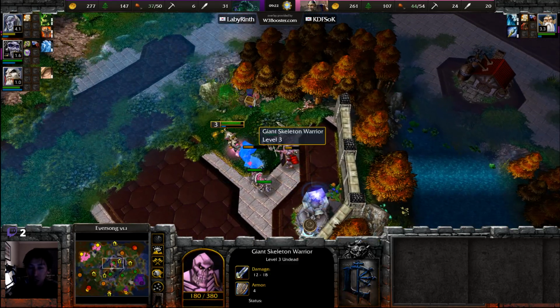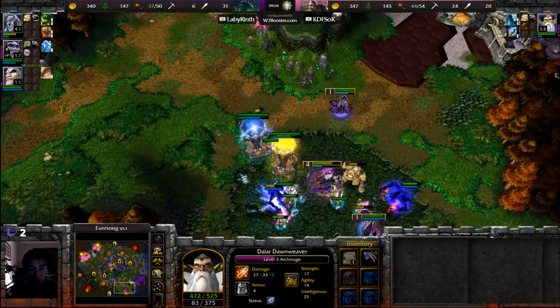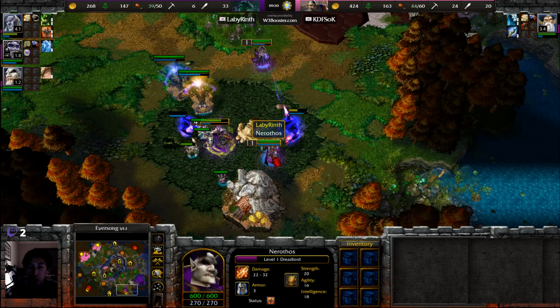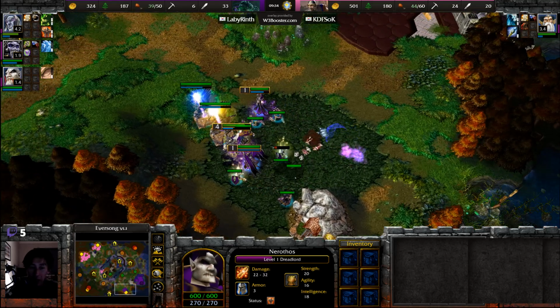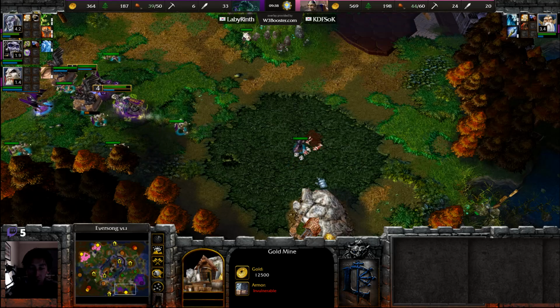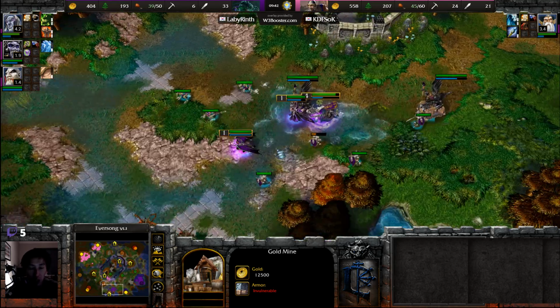Meanwhile, Archmage looking to clear out some giant skeleton warriors, take down those units. Down to the south side here, an expansion could be set up as we see LabyRinth going for a Dreadlord as that 3rd and final hero. Acolyte already ready to summon up some Ziggurats, perhaps haunt that gold mine as well, as units are on the